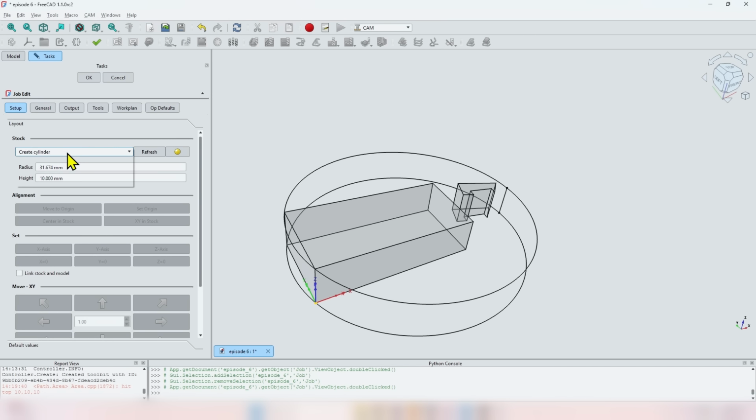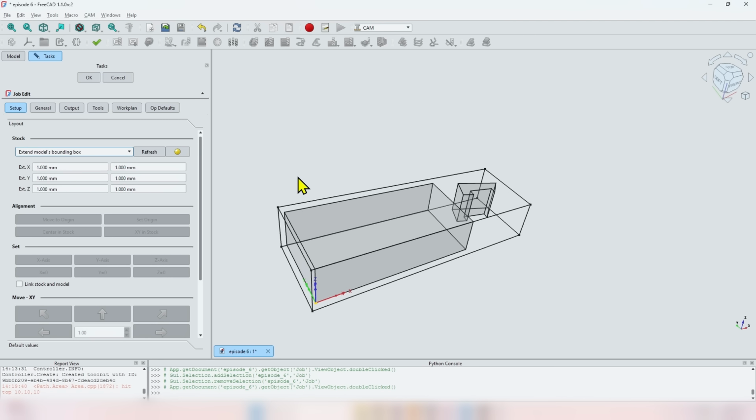The third stock type is the extend models bounding box. At first, it seems that it behaves just like the create box option, and even though it looks similar to create box, there are some really important differences between the two types of stock. Here, you cannot modify the overall dimensions of the box, but you can modify the extensions. This means that this type of stock will have all the models in the job